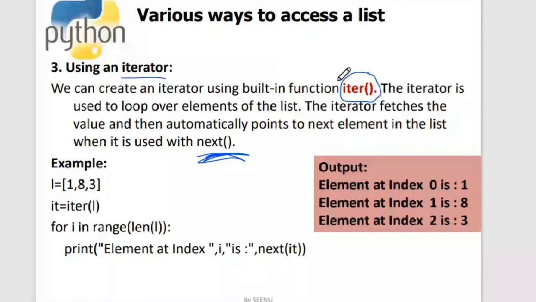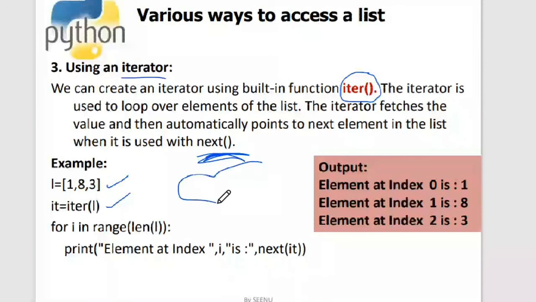In the next case, what I did, I have taken the iterator and I have passed the list into this particular item. When I passed this into this item, what happened? The iter object is created. Here the object is created. And so you cannot directly access this particular iter without using next. Next you have to use.